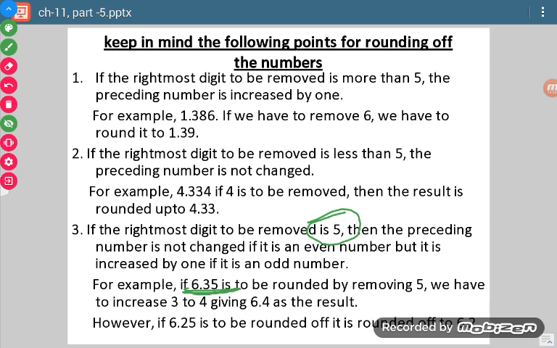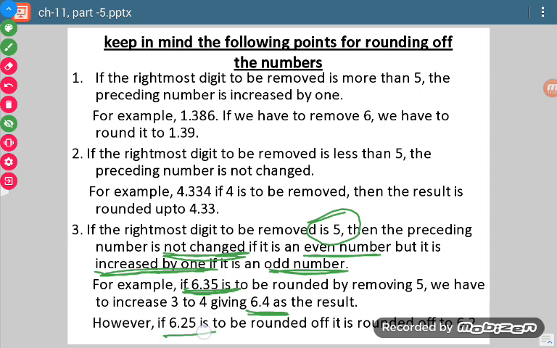If it is an even number, then it will not be changed. But if it is an odd number, then it will be increased by 1. In 6.35, 3 is an odd number. So it will be increased by 1